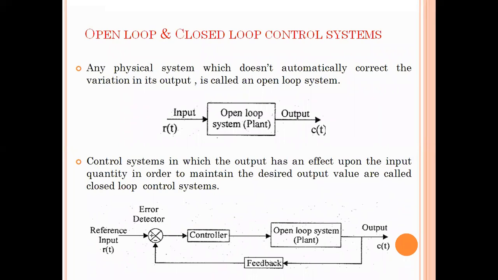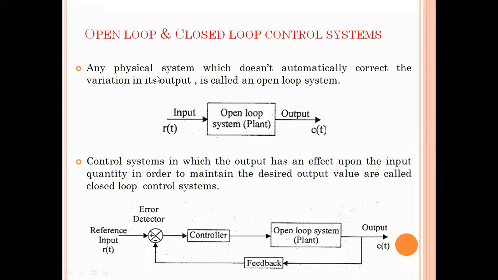Generally, control systems are majorly classified into two different types. One is the open loop control system, and the second one is the closed loop control system. The name itself defines what is open loop and what is closed loop. Now let's see what an open loop control system is, how it looks, what a closed loop control system is, how it looks, and the difference between open loop and closed loop.